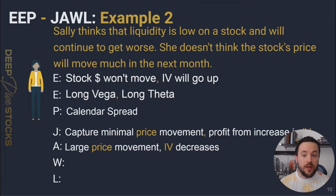So the things that could go against Sally's position are the things that she's going to keep an eye out for and only for. This is another good topic to bring up. A lot happens in the market, right? So by distilling down the very unique things that will go against this position, Sally can ignore everything else. So she's only going to pay attention to the large price movement. So if it goes too far away from the strike that she thinks the price is going to stay at,